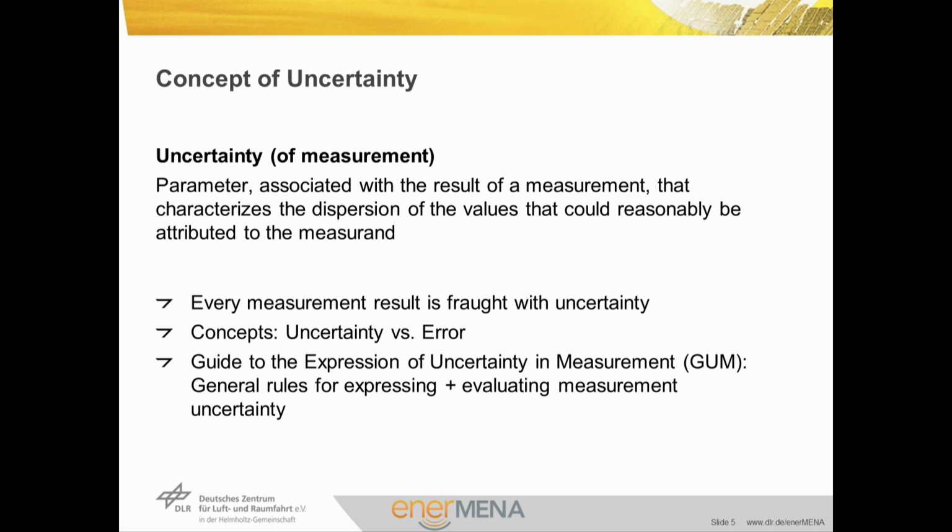The term error rather tends to be associated with actual errors like misinterpretation of readings, wrong wiring, or confusion of signals. Such errors are virtually impossible to detect and correct once the test has been completed, and therefore extra effort should be spent to prevent them. The general rules for expressing and evaluating measurement uncertainty are set in the Guide to the Expression of Uncertainty in Measurement, the so-called GUM. GUM is the standard by the International Standards Organization and will be the basis for the